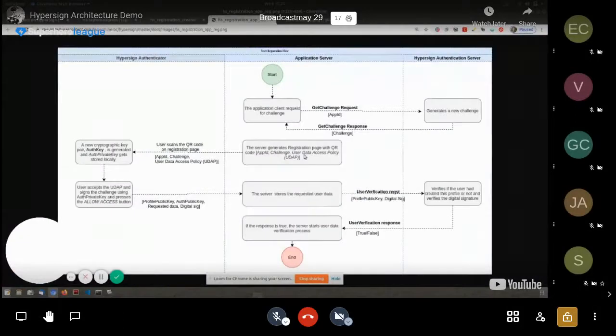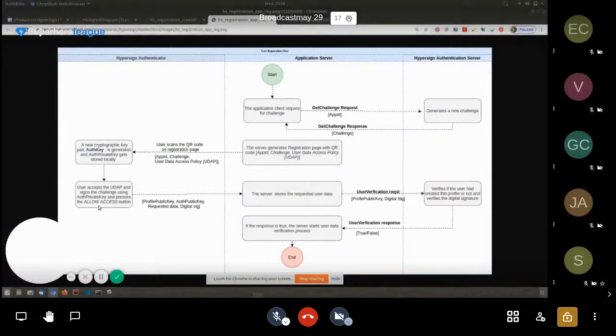Anyways, so what the user will do is press the allow access button. Remember, in the create profile he already saved some of the information. So he will be given a checkbox kind of page where he can check, okay, all of this information I am allowing access to,